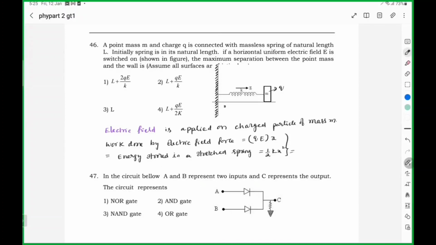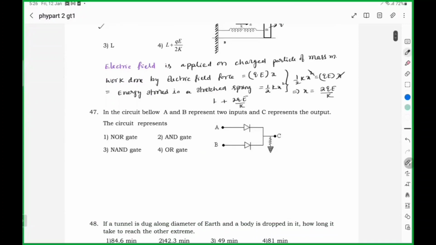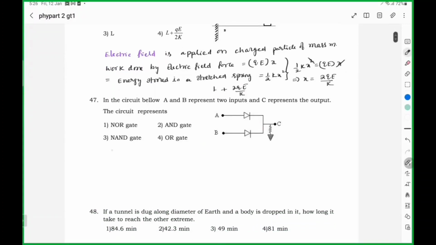So from these two, I can write half kx square is QE into X. X here is, so original length is L, extension is this. So